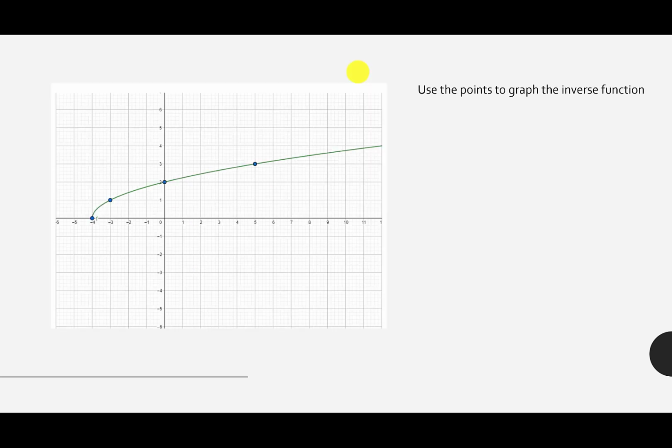So one more. This one starts at (-4, 0). So I'm going to go (0, -4). Then I can see it's (-3, 1). So I say (1, -3). (0, 2) becomes (2, 0). And then lastly, (5, 3) becomes (3, 5). Same deal, I connect the dots, make sure it's still a curve, and it's going up. Yes, it crosses, that's fine, and there's my line of symmetry if you want to draw it. So hopefully this is kind of easy, and you just think I'm going to flip (x, y) to (y, x)